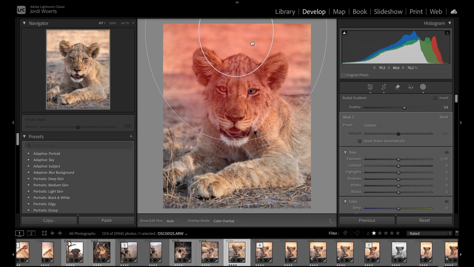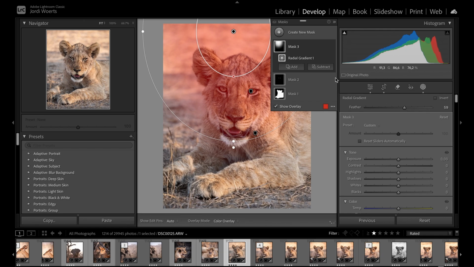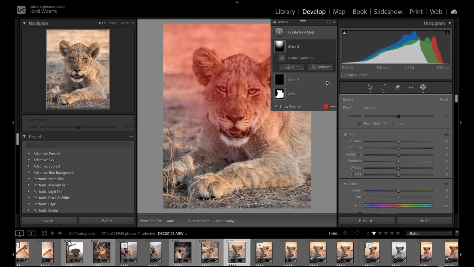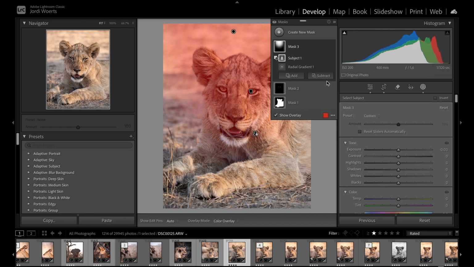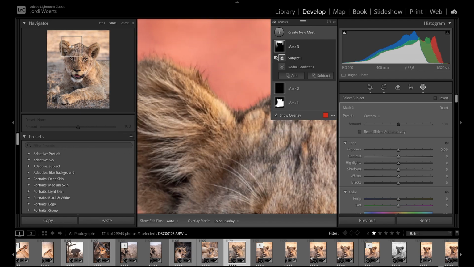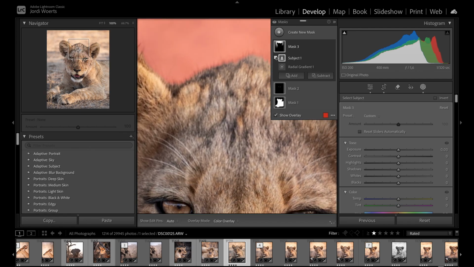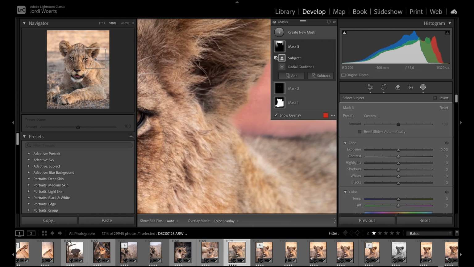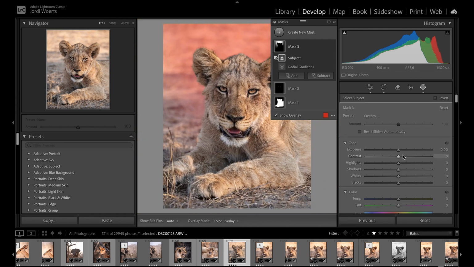But obviously I do not want to get the lion affected by this radial gradient. So what I'll do again, I'll go subtract and then select subject. And you'll see just now, the lion will basically go back to normal. There we go. Normally I would then check very precisely if everything around the ears is fine, but it actually doesn't look too bad. And like I said earlier, I don't want to waste too much of your time.